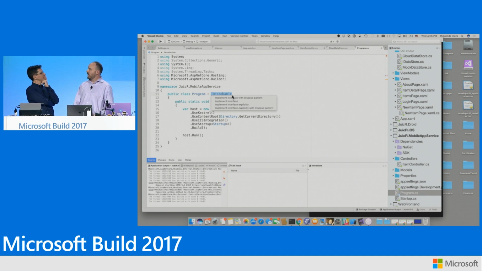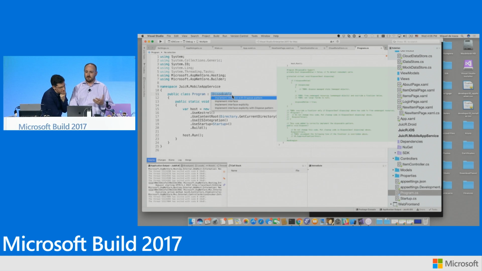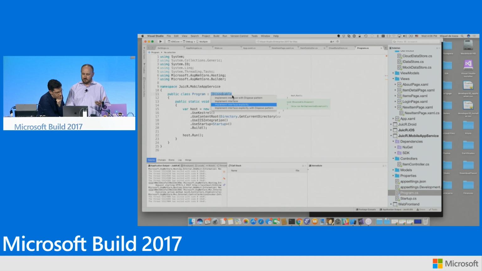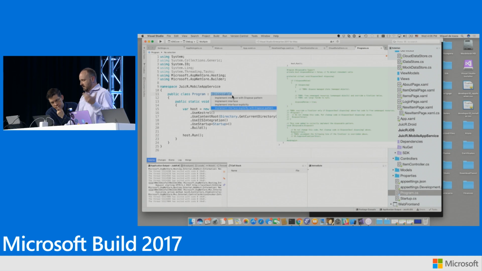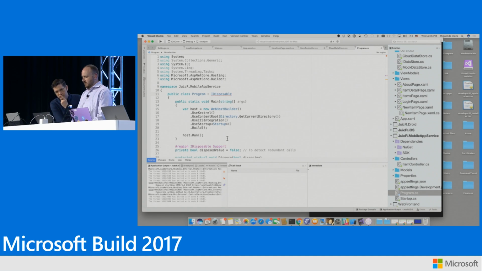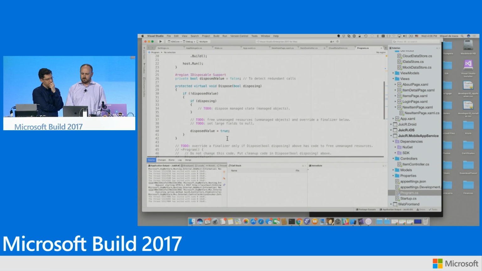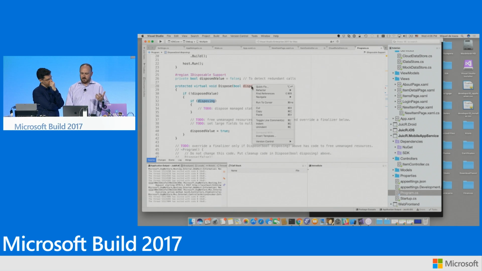So IDisposable. I have some options here for how to implement IDisposable. What's really nice is that I can see previews of how it's going to be implemented. I can pick any of these that I like, and there it is. Now it's in place. If I don't like the way they've named, for instance, this member variable, I can